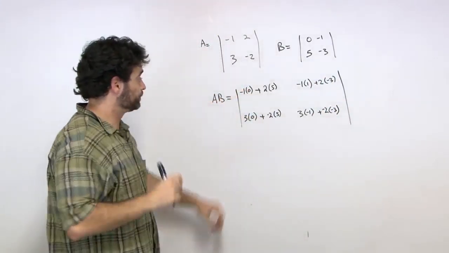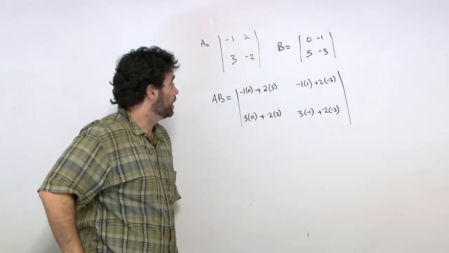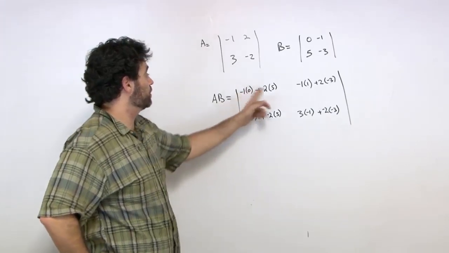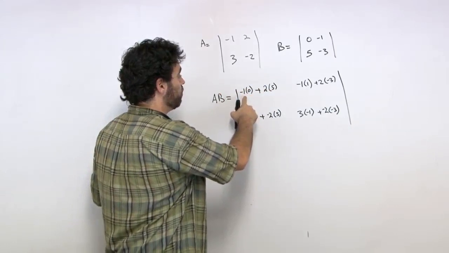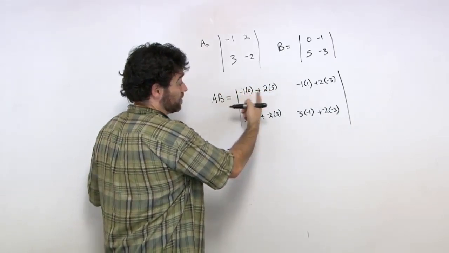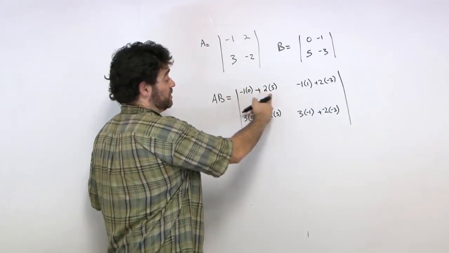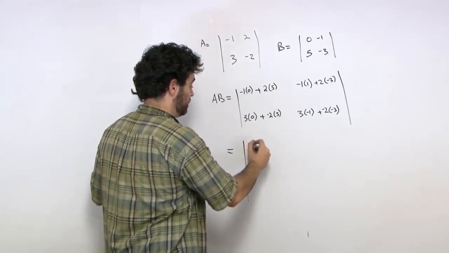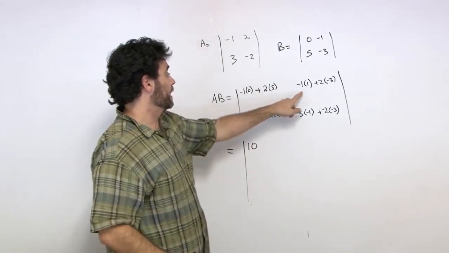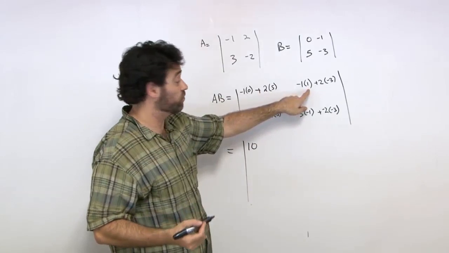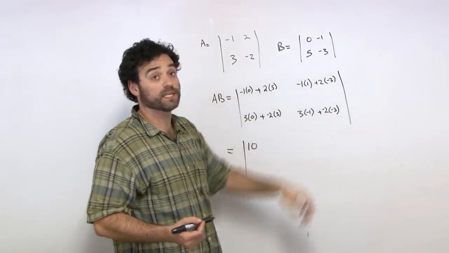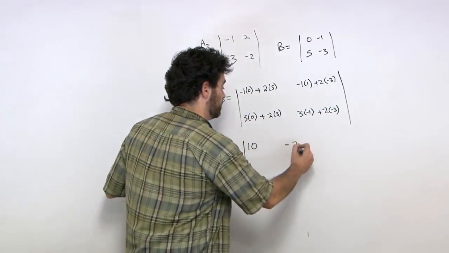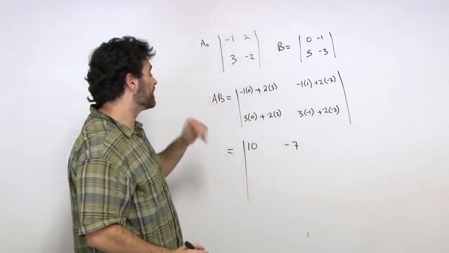All right? So next step, what do we want to do? Let's obviously do the work. So we're going to say that up here we have -1 times 0 is 0, plus 10. 0 plus 10 is 10. -1 times -1 is 1 plus -6. So we have 1 plus -6 is -5. And then